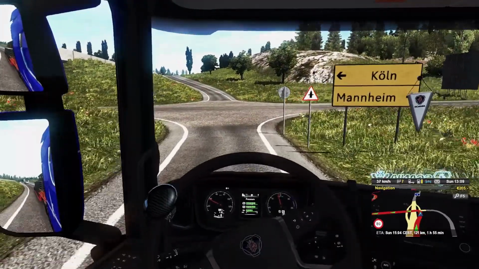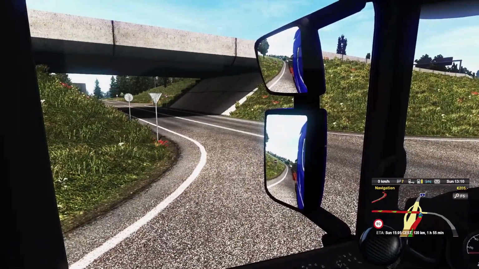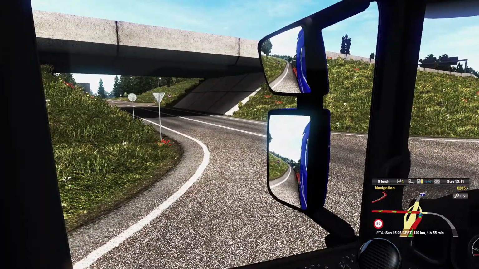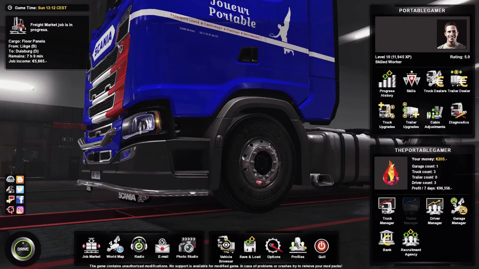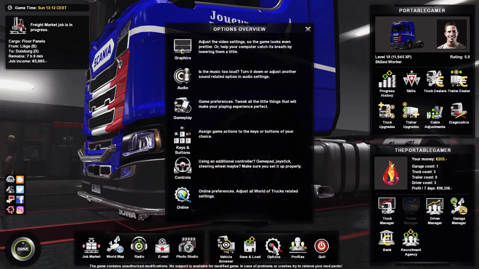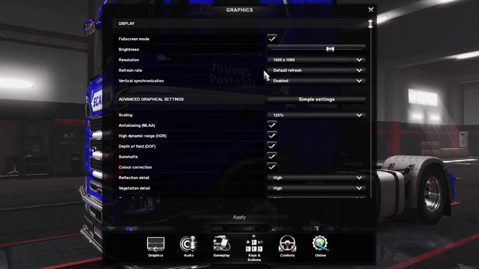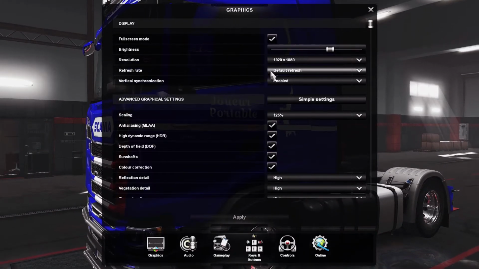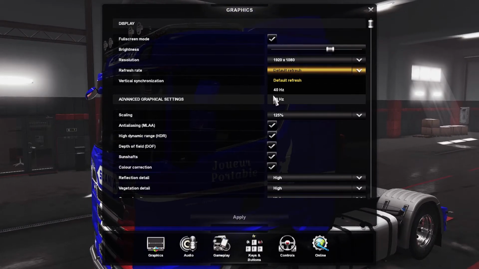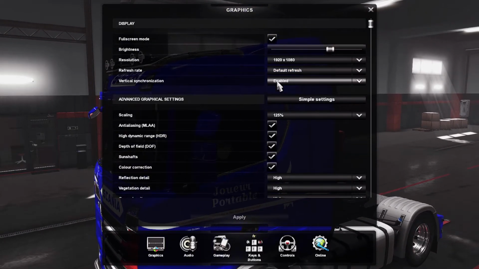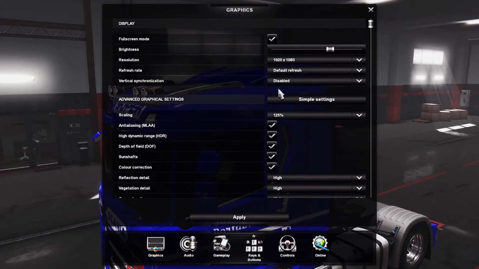Now, something else I can tell you, and in fact, I don't know if I want to mess with it right now. Oh, why not? Turn this off. Let's go in here. We're capped at 30 FPS right now, and I'm not sure why. So if we go into graphics, default refresh, and VSync. Do you want to risk it? No. Let's turn that off.